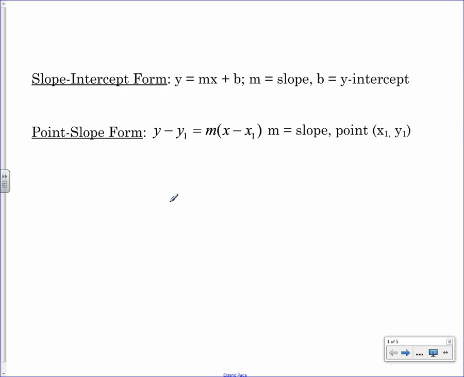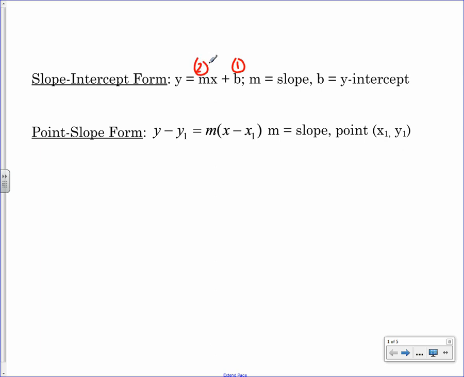Y equals mx plus b. You've known that forever. What's the m stand for? Slope. What's the b? Y-intercept. Very good. Which one do we graph first, the slope or the y-intercept? The y-intercept. Very good. So if I were you, if that's something you don't remember, put a 1 above the